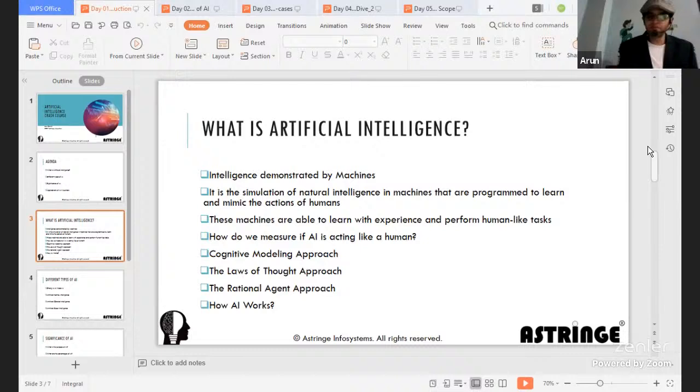So we can generate a good model in that case. Now, these machines are able to learn with experience and perform human-like tasks.